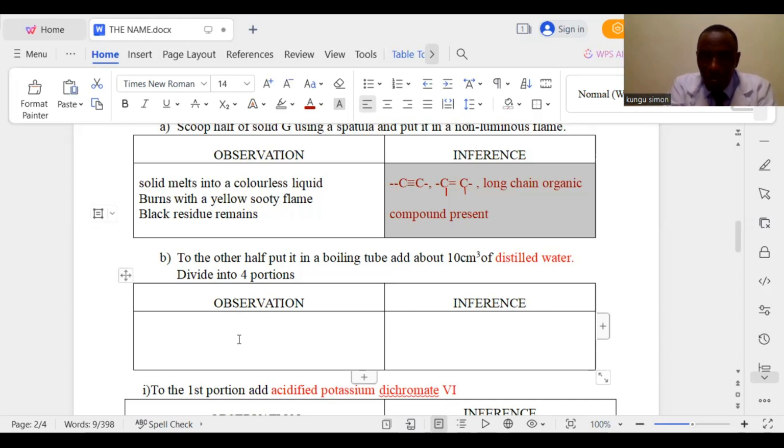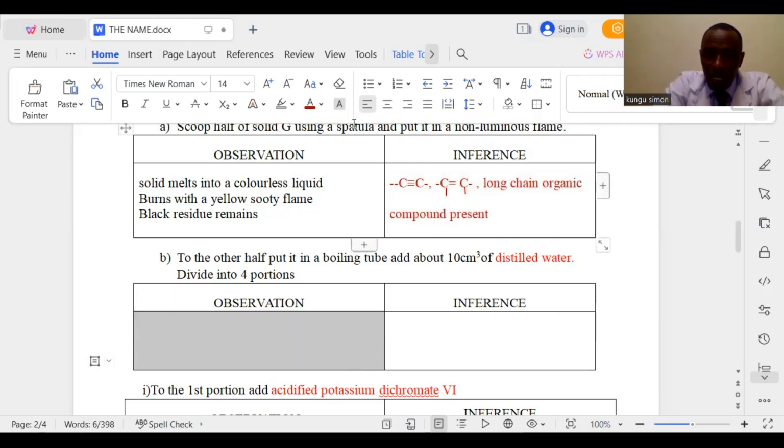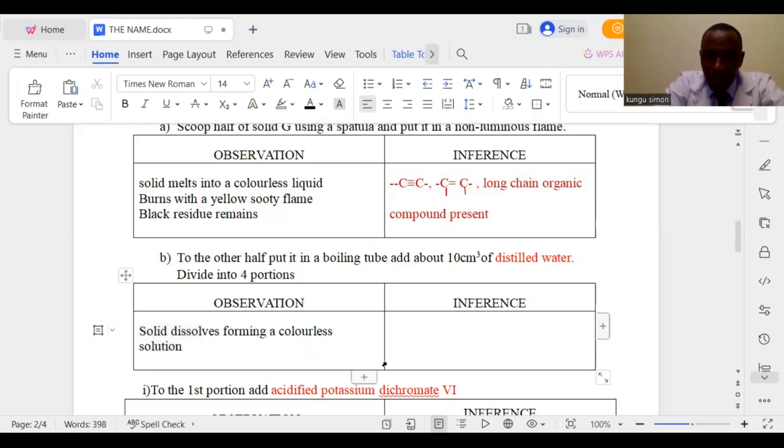So here, what do you look for? You are looking for whether the substance will dissolve or not. And number two, there is also a likelihood of it not dissolving. If it doesn't dissolve, it will be non-polar. If it dissolves, it will be polar. Let's look at a likely observation that we can make from here. Now, this one here, solid dissolving, forming a colorless solution, and automatically this one implies